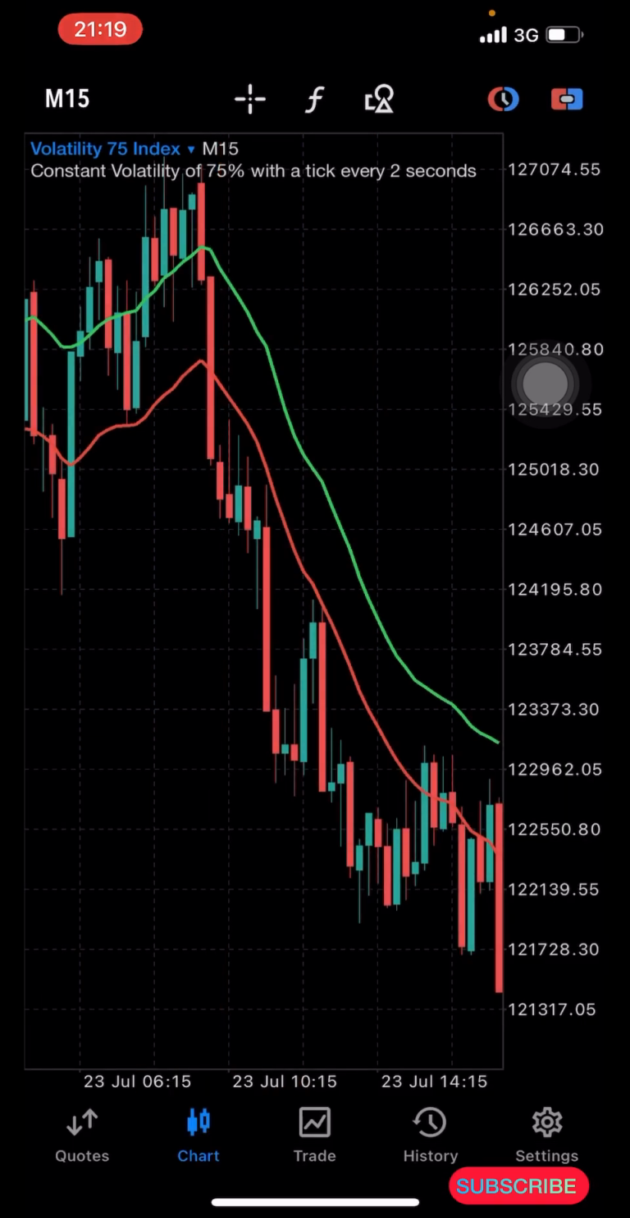Now, in order to start trading with this strategy, you can see price broke below our red moving average here. This is a sell condition. Once you see price breaks below this, you can see this candlestick here. Immediately it breaks below it, you take your sell from this area here. So once you take the sell from this area,